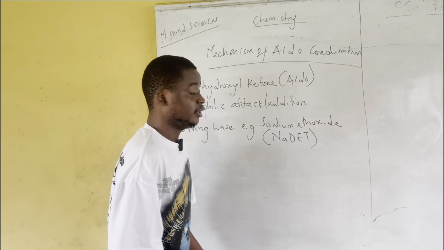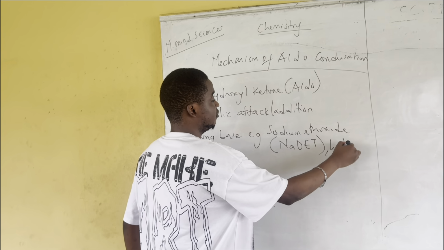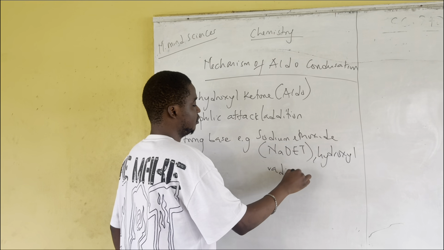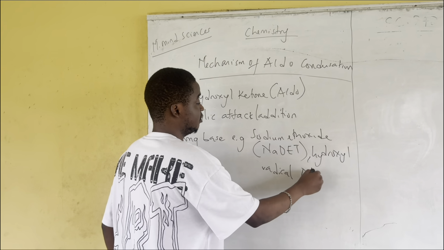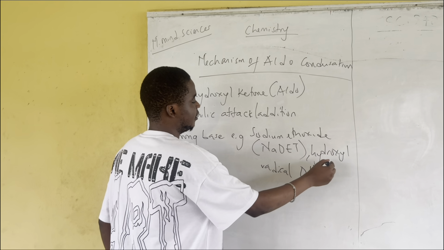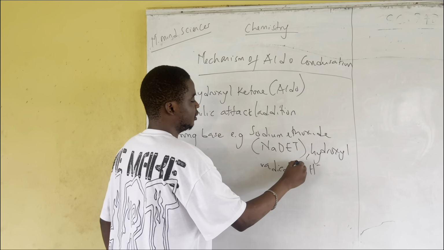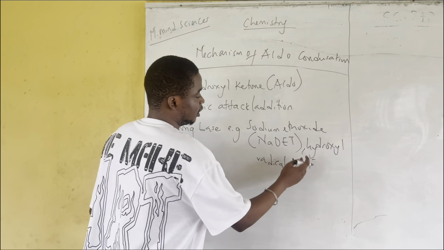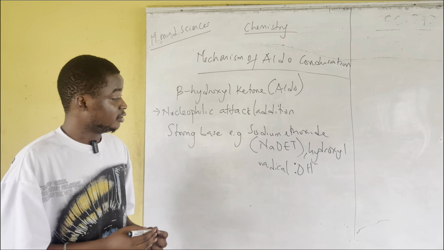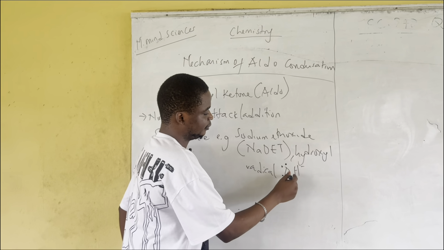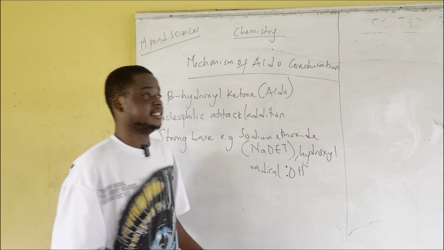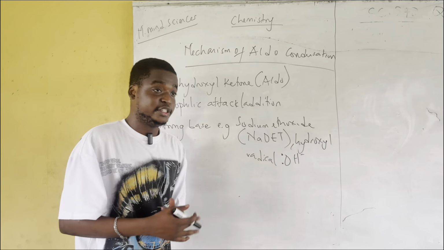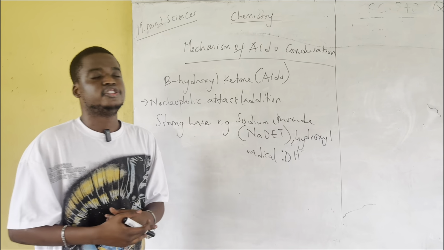We also have hydroxyl radical, which is written as OH, and then showing the bonds, the Lewis structure. Let's leave that. Hydroxyl radical, and then you can use any of those, but in this video I'm using sodium